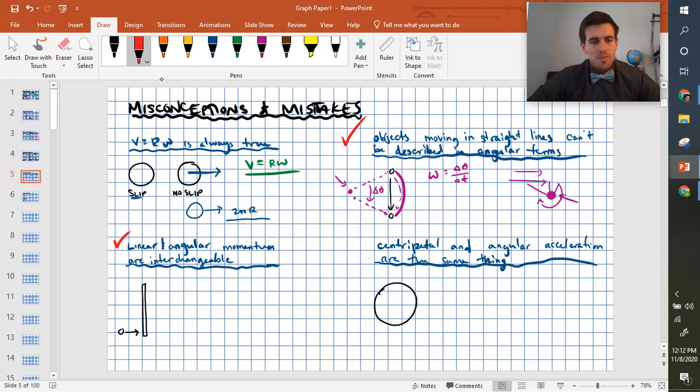So for this one, in the bottom left corner, let's imagine that we have a ball or like a hockey puck or something like that that's going towards a rod that's sitting on the ice. And the reason why I'm putting it on ice is I just want us to ignore any outside forces. Let's just say that both of these things, other than their interactions with each other, aren't being acted on by anything else. So when this object, it's moving, hits the board, the board is going to start sliding this way